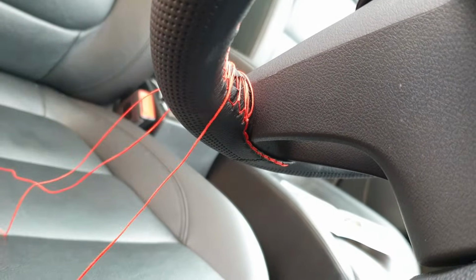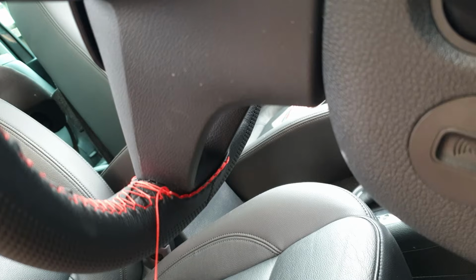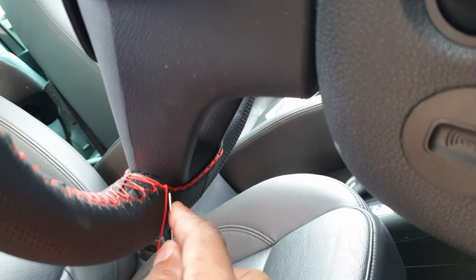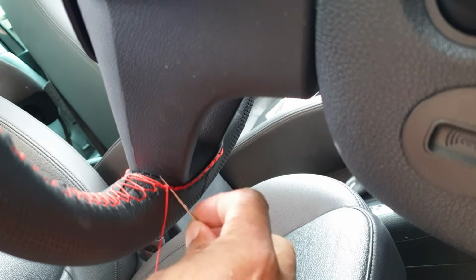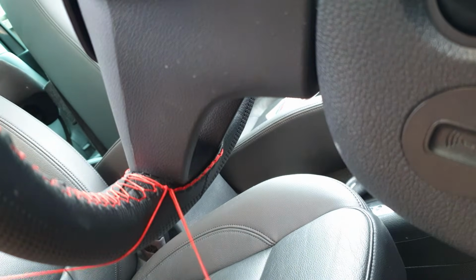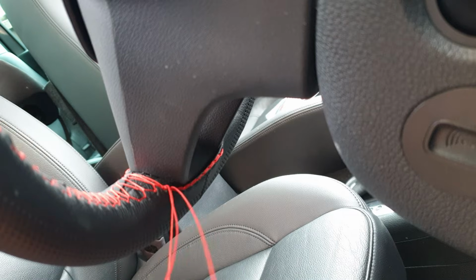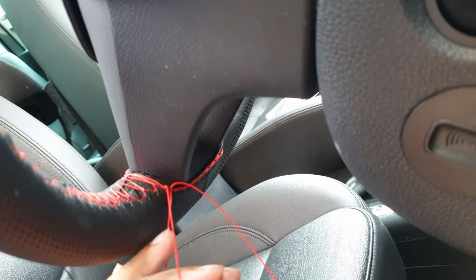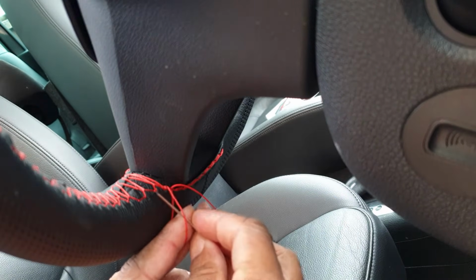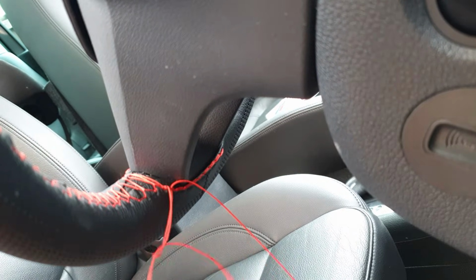Put this back down here again. Let me see if I can show it to you properly. So I went round that a few times. I'm just turning a bit more, and then literally do another loop. So you have to have a loop. Once you do the loop, go across. You can see on here, there's a loop. Keep your finger on there. Go around here once, and again twice, and that way, if you pull it,